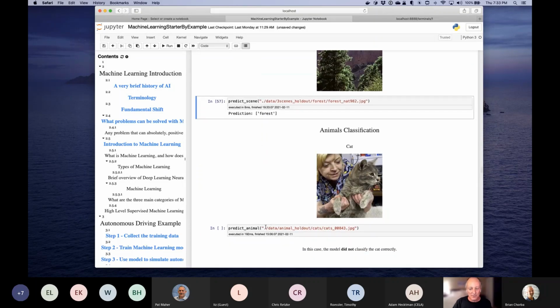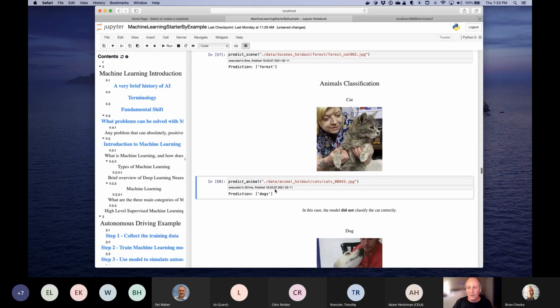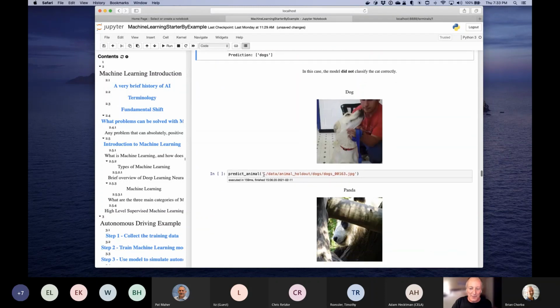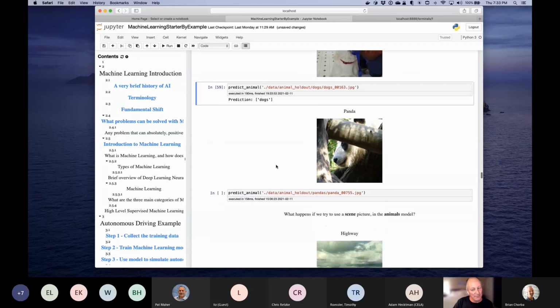Let's see how it does on the animals. This one, it gets wrong. Now, the question would become, why did it get this one wrong? Well, since we knew that we're looking at color distribution, that gives us a place to start to understand and dig into how we can figure out why the machine learning model got this wrong, which is why I spent some time up front going over how we created the data to feed into the model. And these others, it actually does pretty well with these.